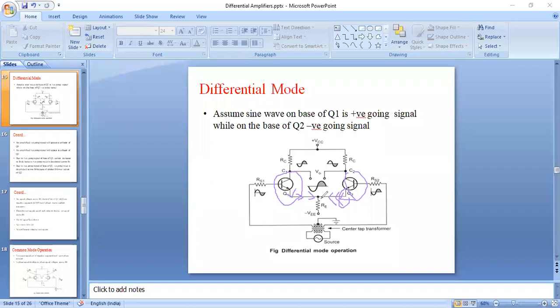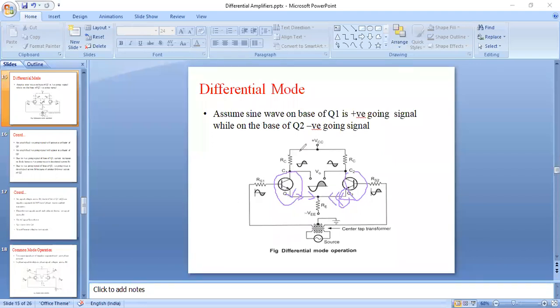That means there is no feedback applied to this dual input balanced output differential amplifier through the emitter. Okay, from this emitter, no negative going feedback is applied to us. Why? Because due to these opposite polarity currents, these two currents cancel each other. When the two collector currents cancel each other, then the voltage across RE becomes zero. That means there is no negative feedback applied to this differential amplifier. Okay, so that is what he explained here and what I explained here.